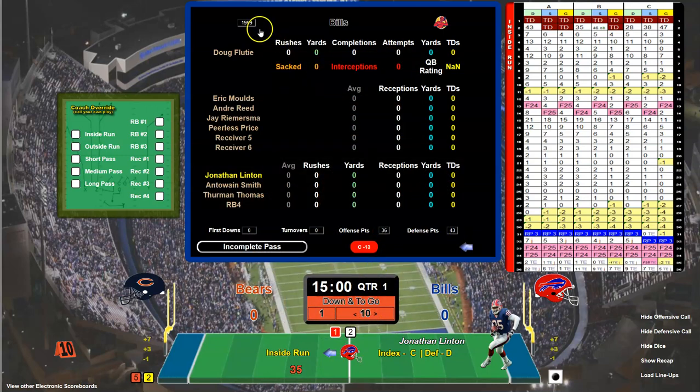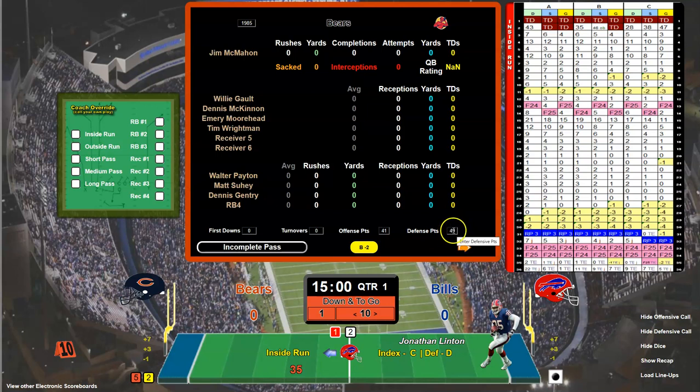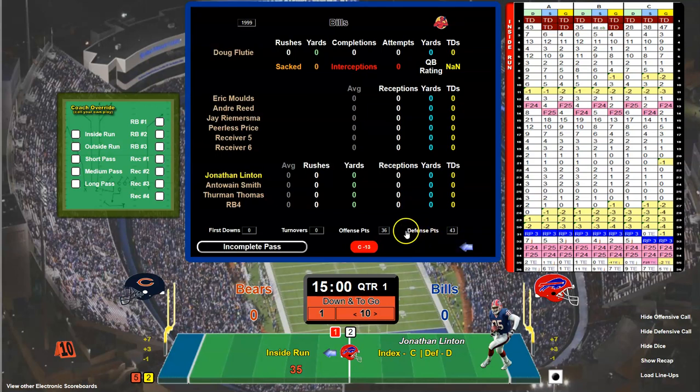You can see that the 1999 Bills have an offense of 36 points and a defense of 43 points. They're in the C index as the baseline. They're down 13 because of the Bears defense being a 49 and their offense is a 36. So the Bears offense, when